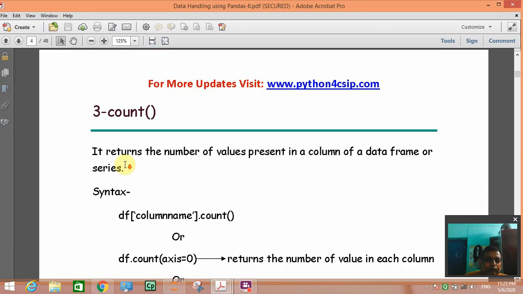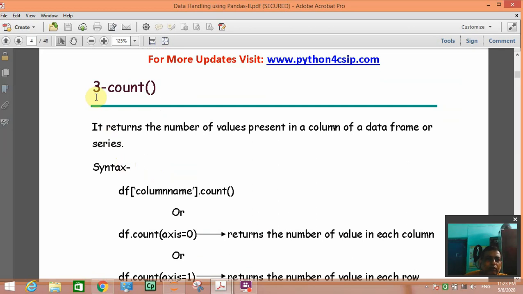Next, the count function. It counts non-zero values in a data frame, meaning if any number is there it will count. If any NaN type data is there, not a number, then it will ignore that data.